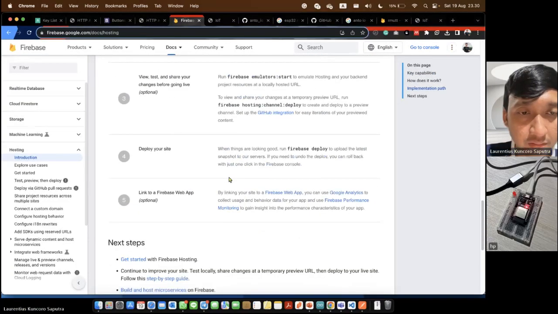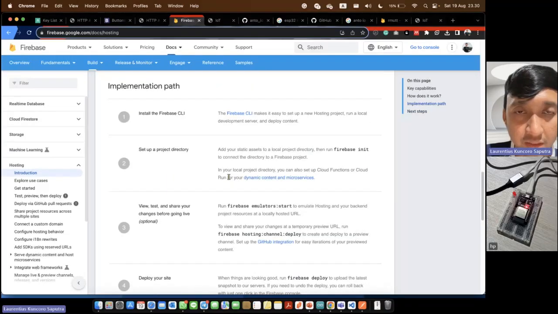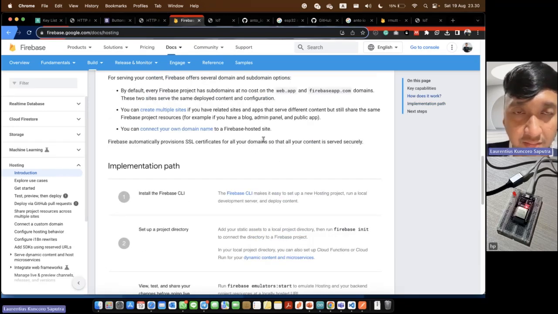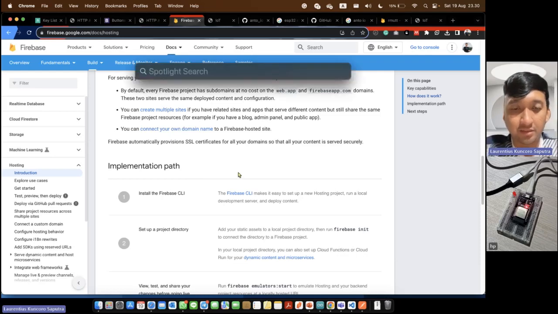It depends on your operating system. It's different when you use Windows, Linux, or Mac OS. In this example, I use Mac OS, so we can open the terminal.